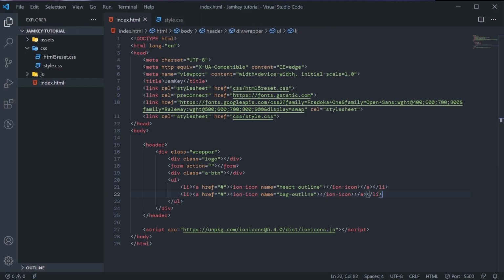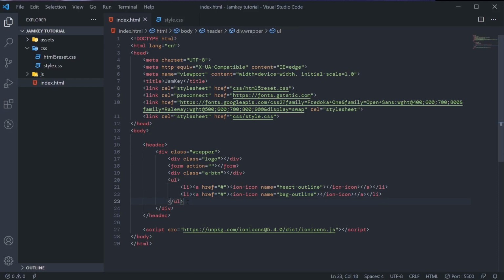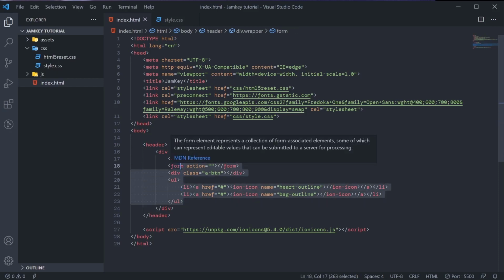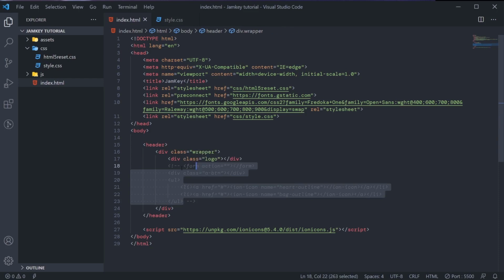So we'll enter our browser, we'll see what we have so far. Currently we'll get our love button. We'll get our heart here, the heart icon, and the bag here. But not to focus on these ones first. What I could do, I'll just comment on that first. More focus on working with that logo. Then step by step now we'll enter the search bar, the sign up button, and the other ones.